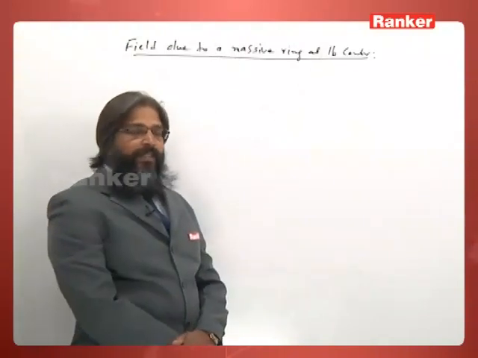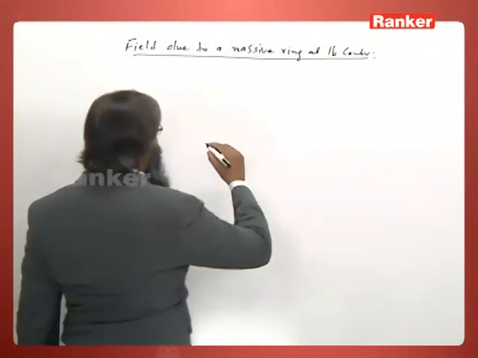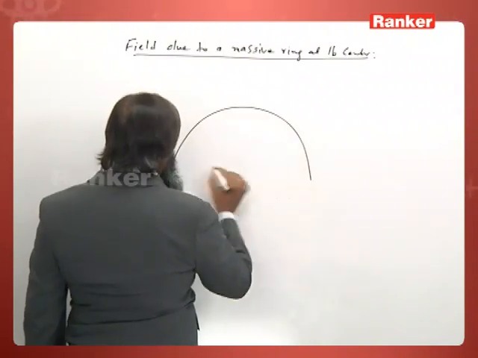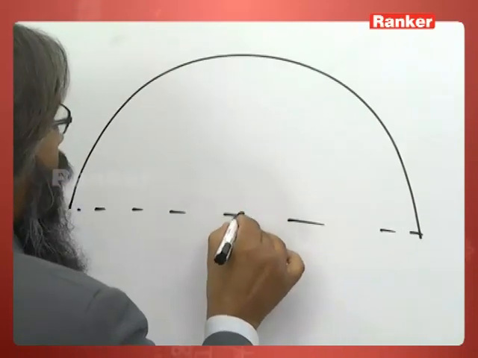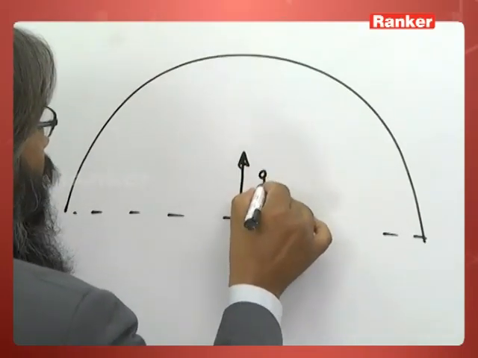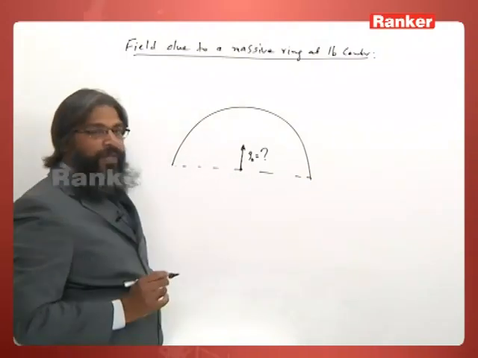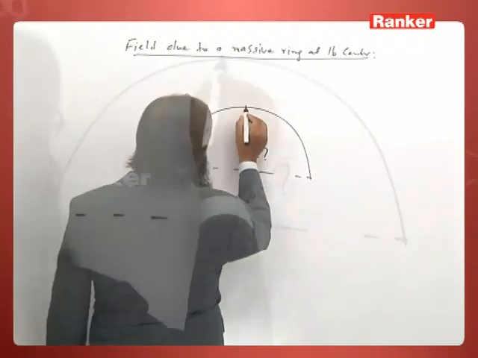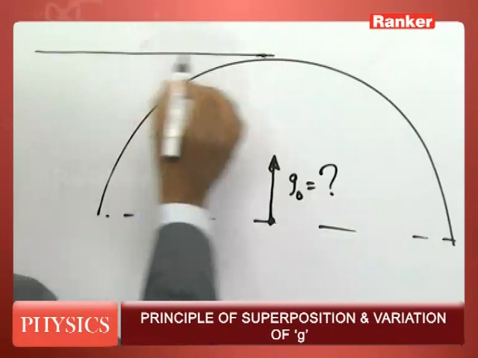So now let us see what is the field due to a massive ring at its center. So this is the massive ring and we wish to know what is the G0 field here. So we will use the previous lemma. What will we do? We will draw a tangent from here, this way and this way,